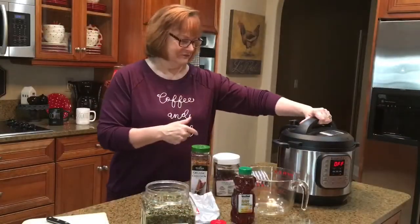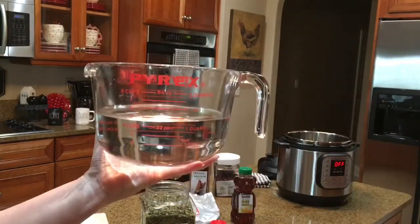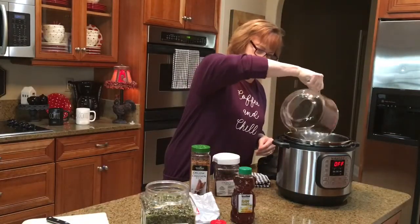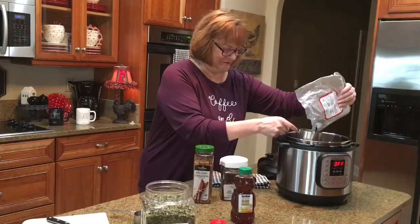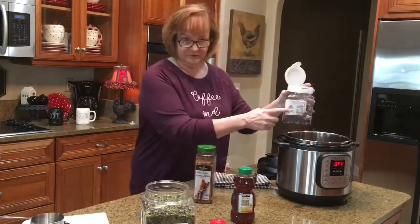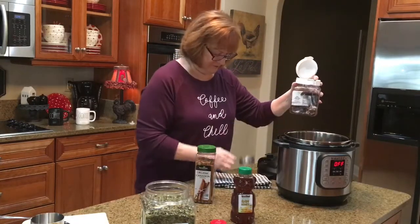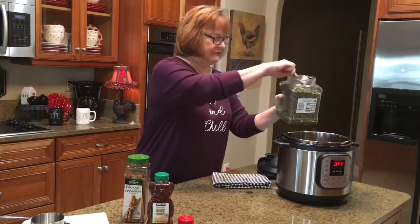and I'm doing it all in the Instantpot. Okay, we're going to start by using 5 cups of filtered water. Just pour it right into the Instantpot. 1 cup of the dried elderberries, 1/3 cup of the dried rose hips, 1/3 cup of the dried echinacea,